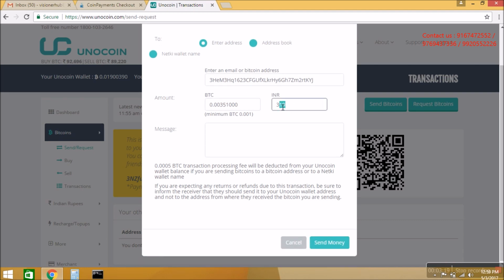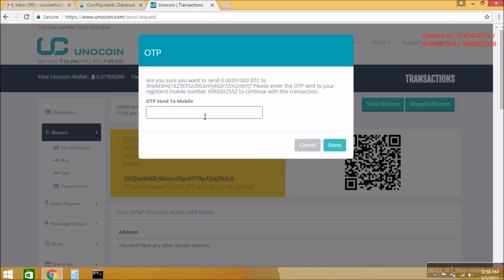It is showing in INR rupees here. Just click on send money. It will ask for the OTP.